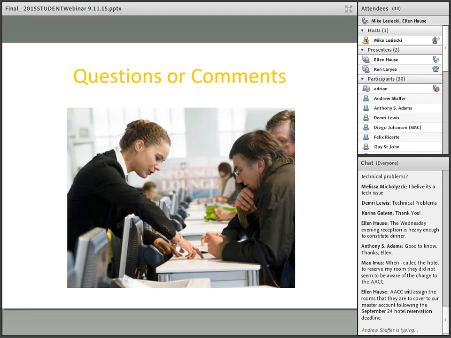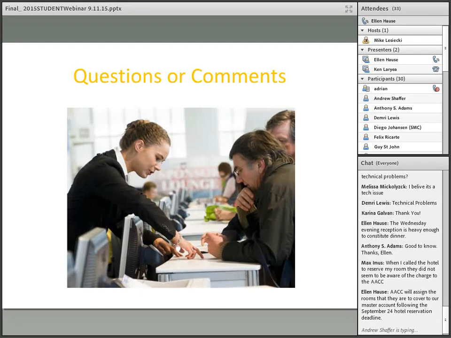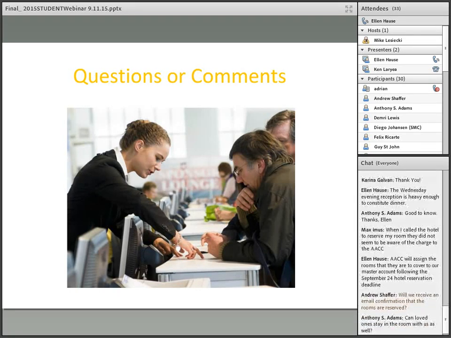Ellen, I know the hotel is filling up quickly, so people should move fast on this, shouldn't they? Yes, and we've asked folks to fill out their forms. The deadline is actually today, so it would be wonderful if you could get those forms in online. I hold back a block of rooms for the students, so those are protected, which is another reason we ask you to go through us. But again, if you've already made a reservation, just keep it and give us your confirmation number, so we can assure everybody has the rooms they need.